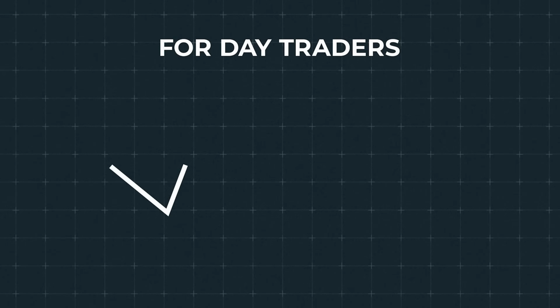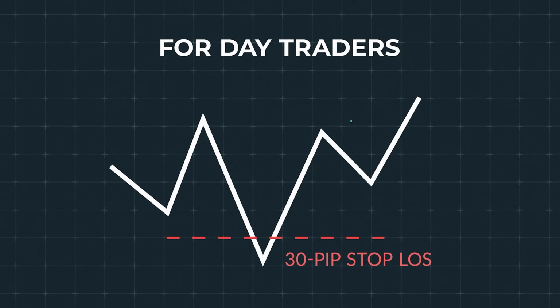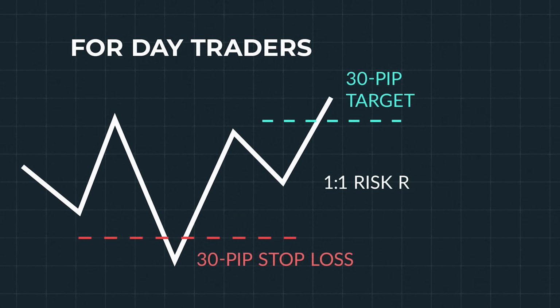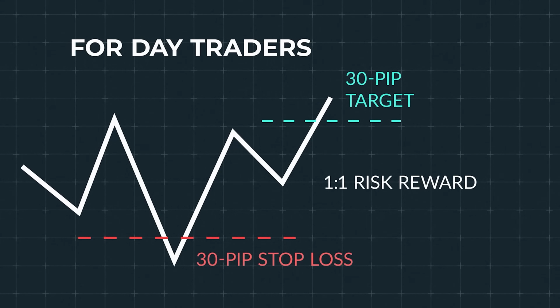The entry for day trades and swing trades would be the same, but the trade management would be different. For day traders, the setup is straightforward. Use a 30 pip stop loss and a 30 pip target for a 1-to-1 risk reward. That's what I suggest. This approach keeps your trade simple and easy to manage, allowing you to capitalize on the